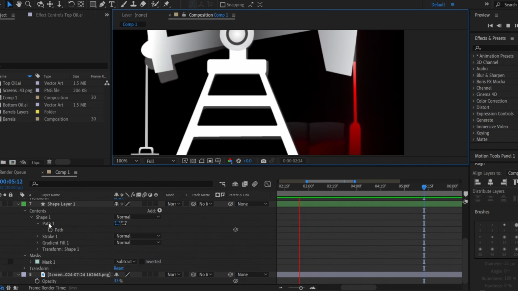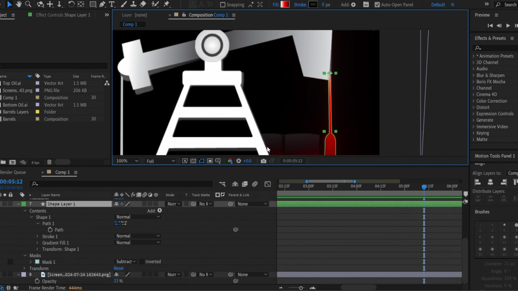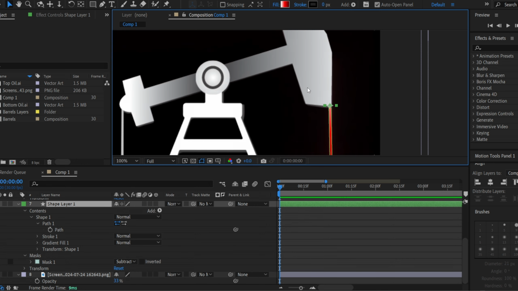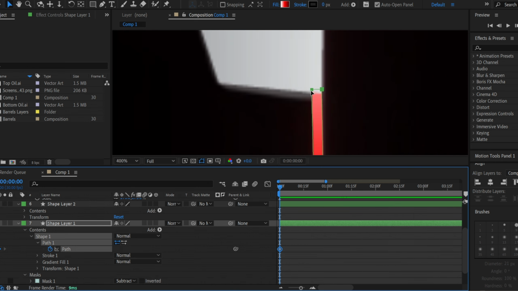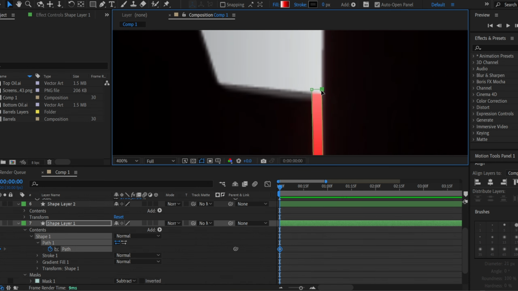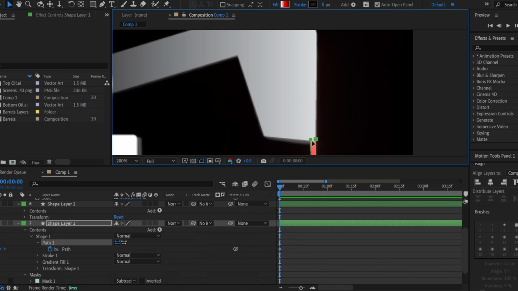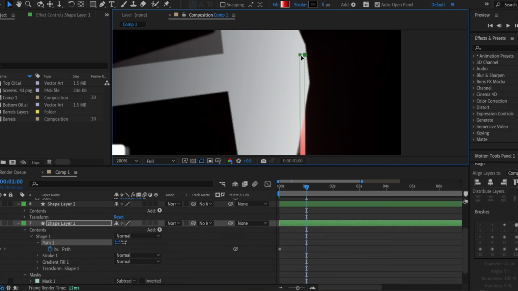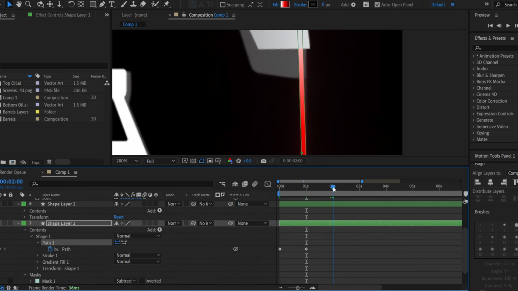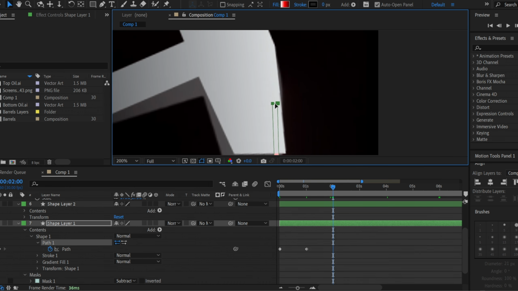Alright guys, now let's change the path for our lines here and here. So we need to find this part and let's change it according to our machine. I guess we can make it in this way. Just click the stopwatch here and I'm pressing shift right here and right here, and now just clicking on this point and here pressing shift, I selected these 2 points and I want to make it somewhere here, I guess. So let it be the first point, and on the first second it's going here, so let's move it maybe a bit here,